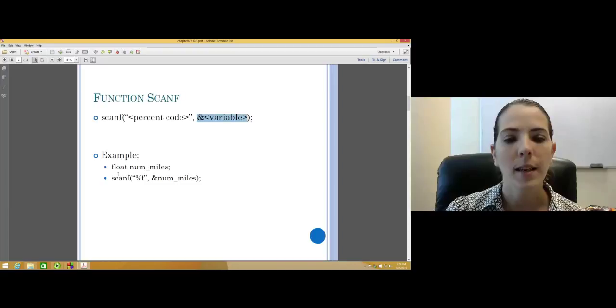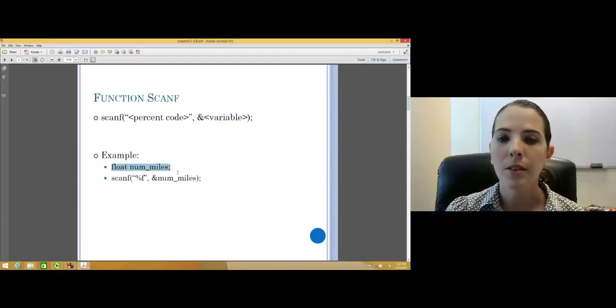So here's a quick example. If we declared a number of miles as a float, which we would do if we want to have a real number like 7.5 or 9 3/4, then we would scan in the information from the keyboard using the % code that matches, %f matches float, and store it at the address of num miles,